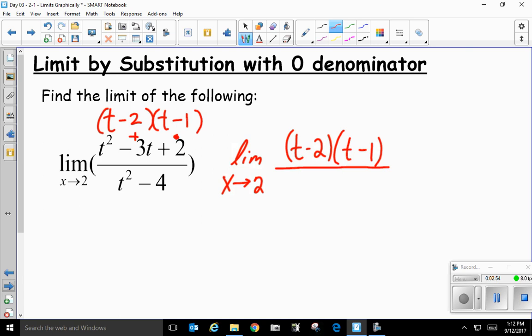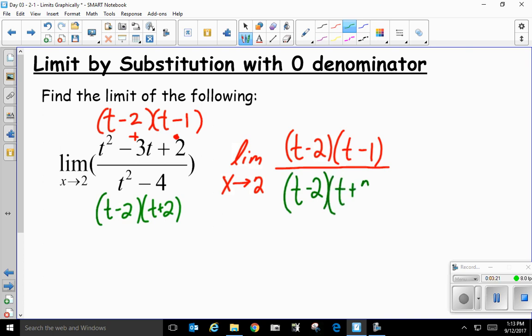Yes, please start writing this down. Thank you for reminding me. What about the bottom? It is a perfect square, so what does that factor out to be? t minus 2 and t plus 2. So if I do this here,